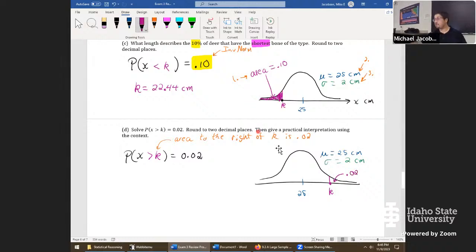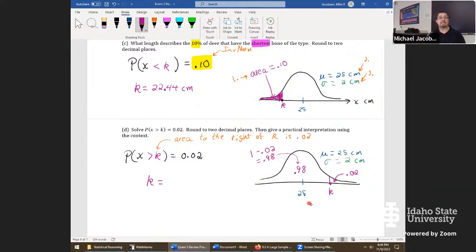And that's a big problem in the calculator. It won't accept this value. And if you try to give it, it's going to give you a number way over here on the wrong end. So this is one of those situations where we'll put in 1 minus 0.02 equals 0.98, which is what goes right exactly here. So our calculator is only going to accept the left tail area. We'll give it 0.98. Double check we have a K value exceeding 25, and then we'll be in great shape.